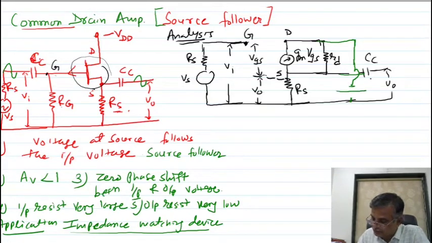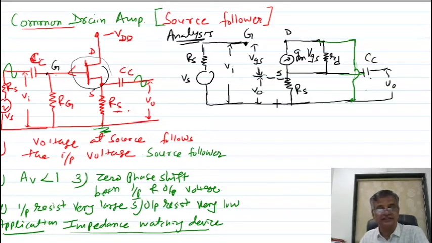This is negative, this is plus, this is VDD. So negative is connected to the drain, and plus is connected here. This minus is connected here, and this plus is connected here. This does not have any resistance. The power supply does not have any resistance, so I am neglecting that. That does not affect, so I am neglecting this. Instead of that, I am showing you a simple short circuit.